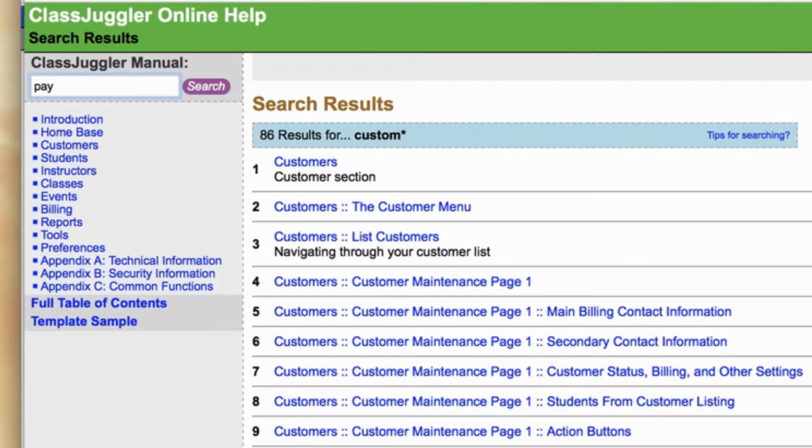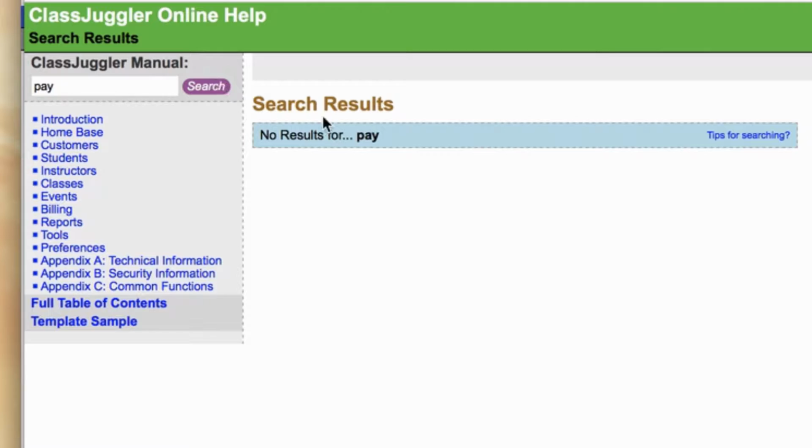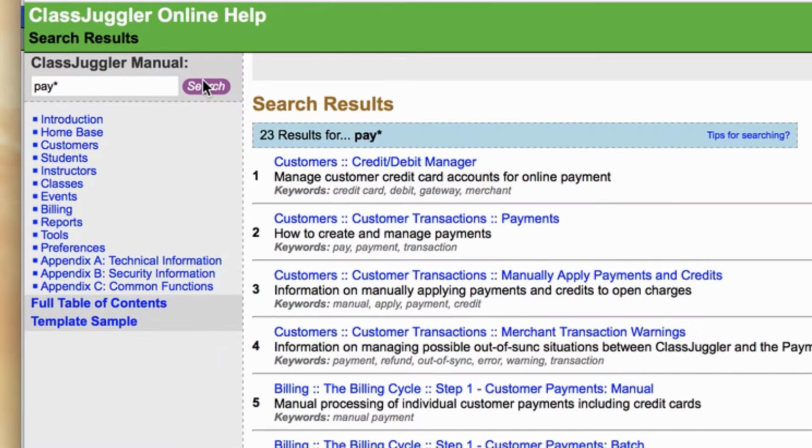Same thing, what if I were interested in looking for things that have to do with pay? Well, gosh, I got no results on that search, but if I search for pay with an asterisk, that could be pay, payee, payer, payments, anything that starts with PAY. Sure enough, now I've got 23 results for the word pay. So you can see how powerful the search terms and the tools that you use in the search terms are. Well, if you don't know exactly how to use those, you can do any search in ClassJuggler,